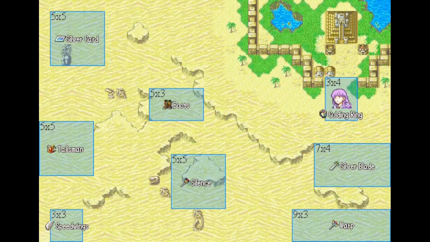The other two items are the Silver Blade, which is not very good. Its hit rate is absolutely terrible. It's basically just some money. And then the Warp Staff. The Warp Staff is really difficult to get, and I probably wouldn't recommend